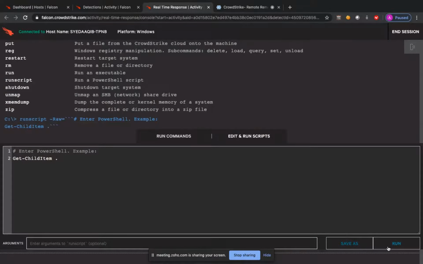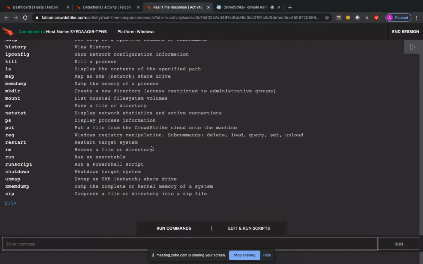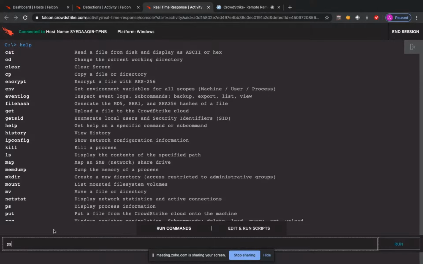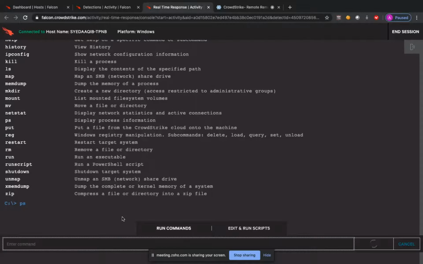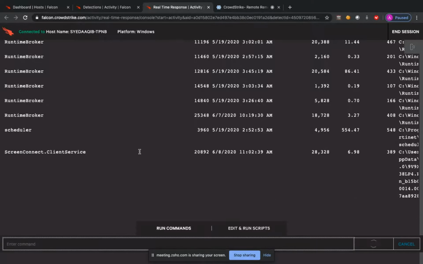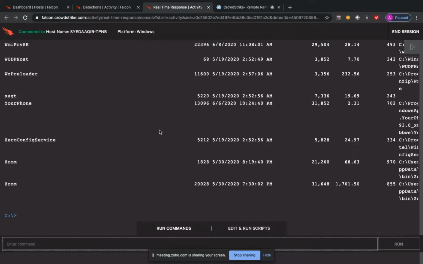So apart from that, you can execute a couple of commands. First, you can type in help to refer to the commands which you have been allowed to use, right? So you can remotely check the processes. For example, list out the processes over here,